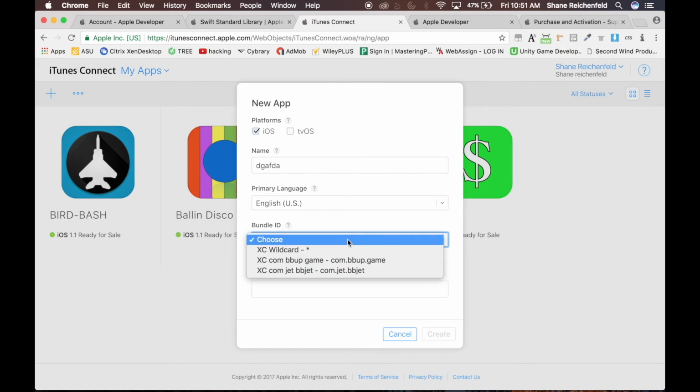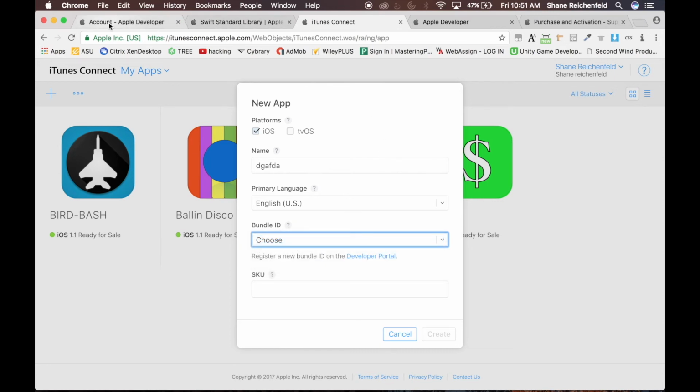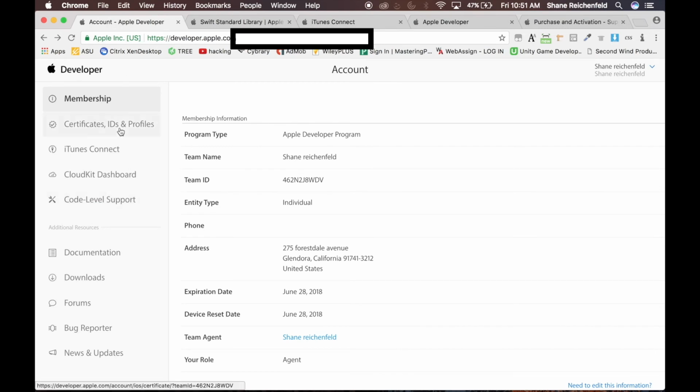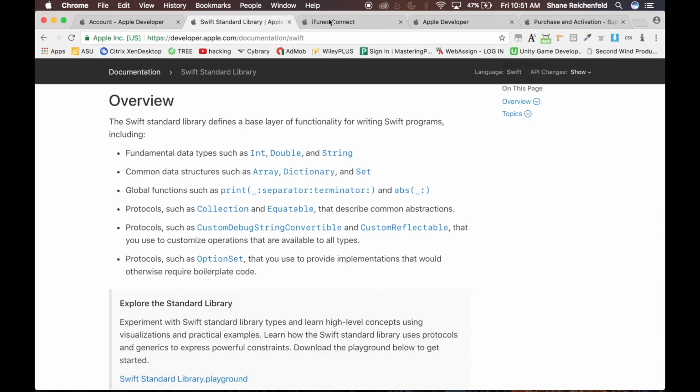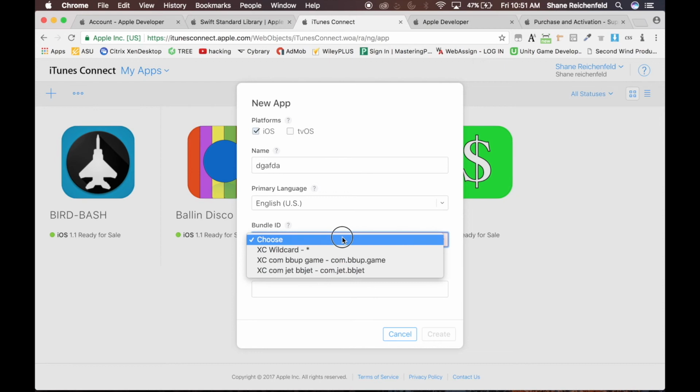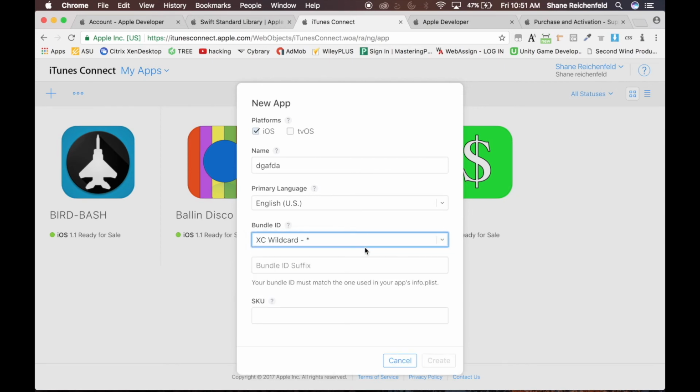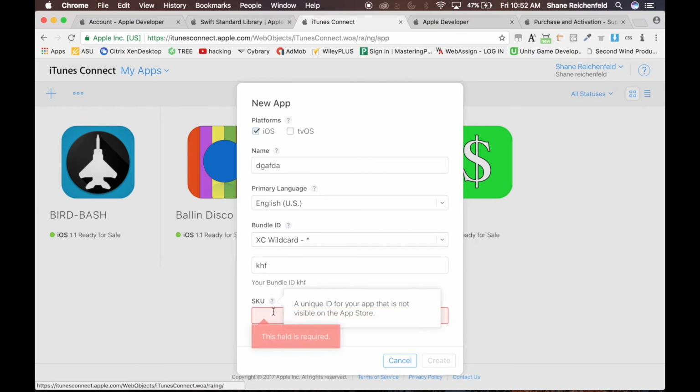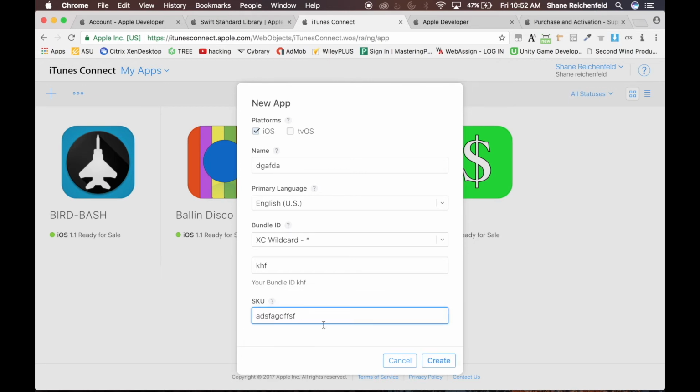Your bundle ID is pretty much in your developer account. You have to create a certificate, and that will show up right here, and you choose that one. I'm going to choose a wildcard for now. And then SKU is something that's unique to you only, no one else can see it. It's pretty much just a code to confirm your app. You're going to create,